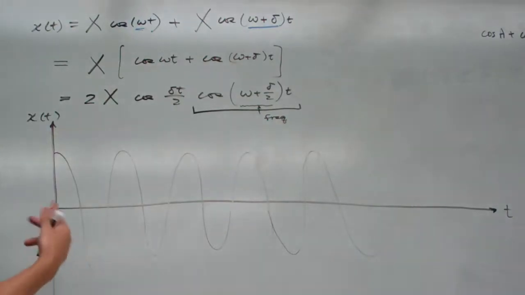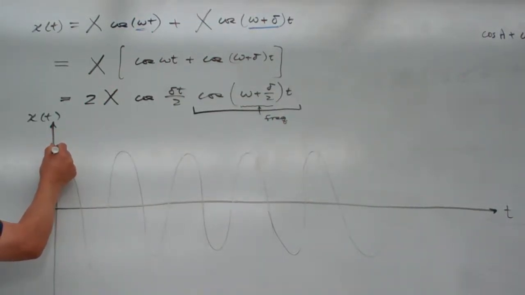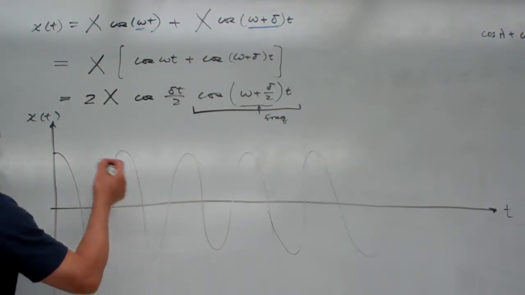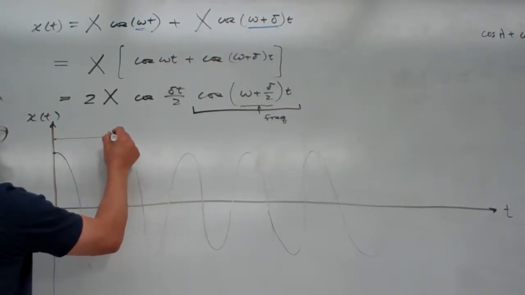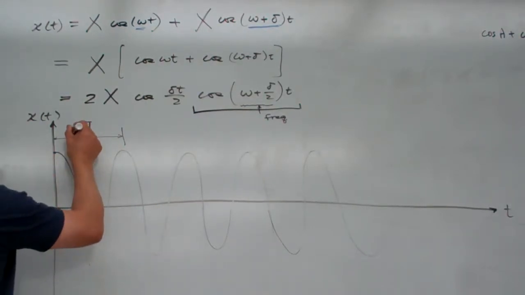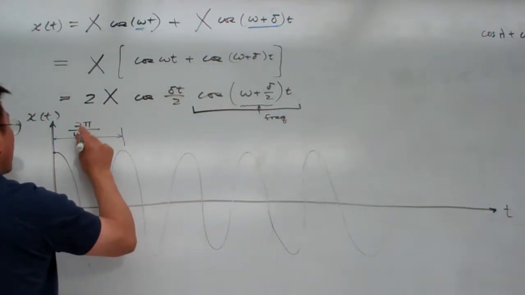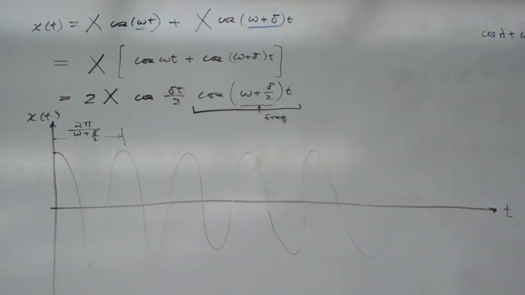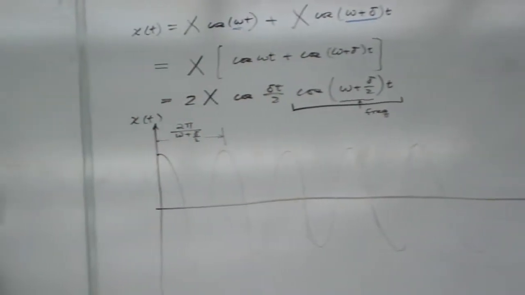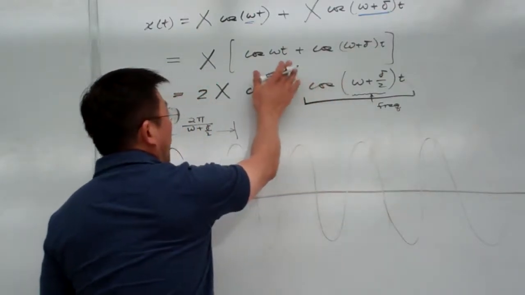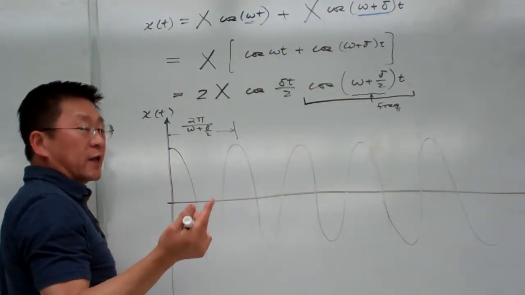For the regular cosine function, it starts from here with a value equal to 1, okay? And then this is a frequency. The frequency is such that from here to here, this is a 2 pi period, equal to 2 pi divided by the frequency. For this case, it is omega plus delta over 2, right? So from here, we define the period, and that is related to the frequency. Okay? And so if we only have this cosine with the magnitude equal to 1, then the situation will be